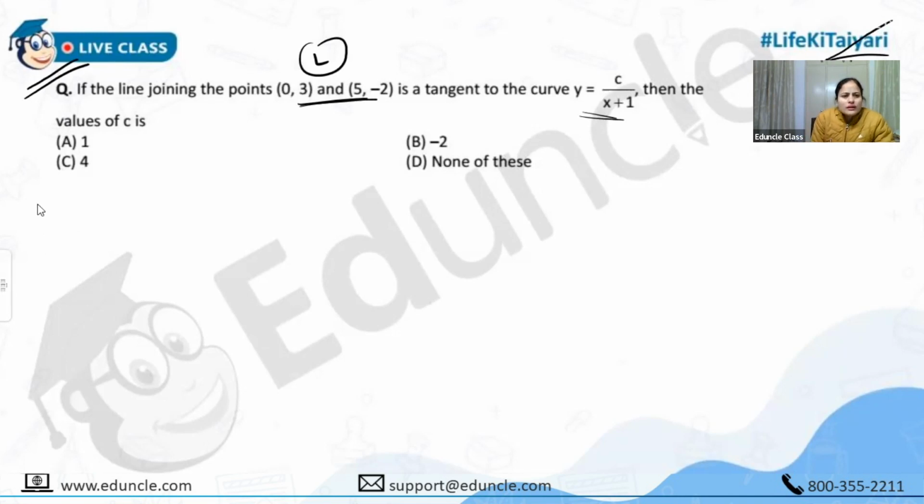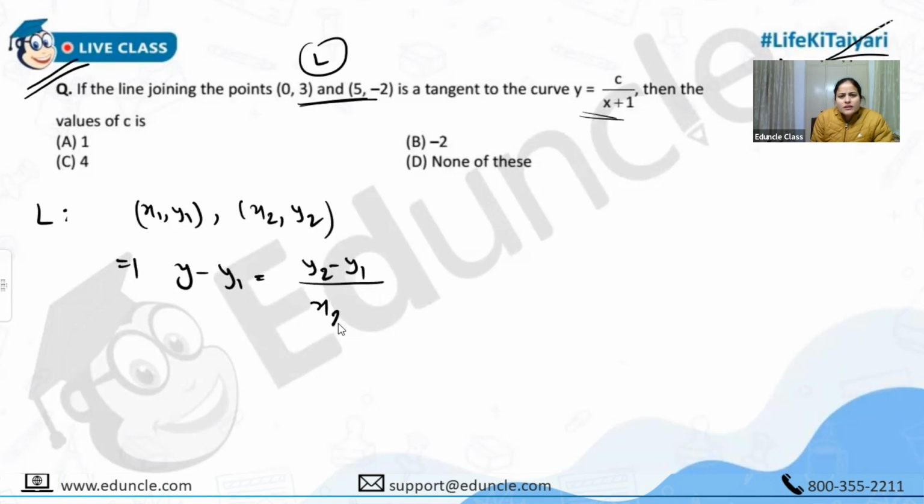तो फर्स्ट ऑफ ऑल, टू फाइंड आउट द इक्वेशन ऑफ द लाइन L. सो लाइन पासिंग थ्रू 2 पॉइंट्स क्या रहती है? लाइन पासिंग थ्रू द पॉइंट (x1, y1) एंड (x2, y2). क्या होती है इक्वेशन ऑफ द लाइन? y minus y1 is equal to (y2 minus y1) upon